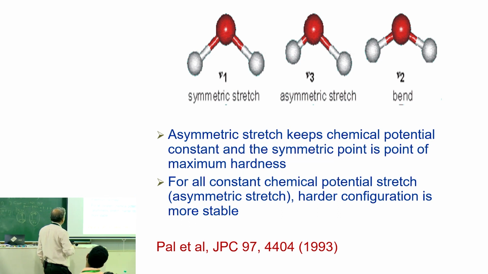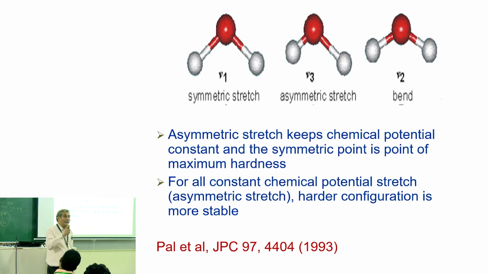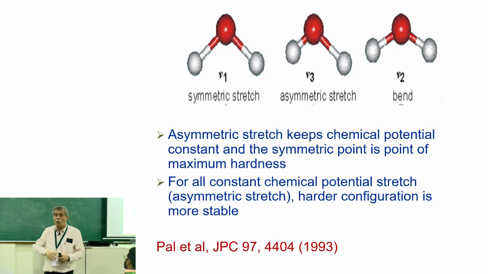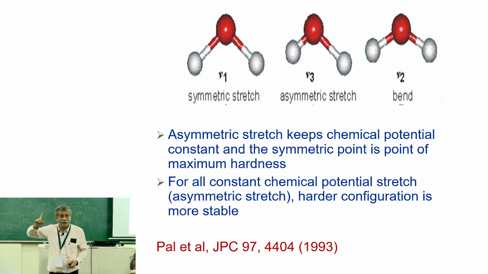So what we did is that we searched through the constant chemical potential. There is a very important part in the principle of maximum hardness, that the system goes to the largest hardness system which has equal chemical potential. Among those configurations, the one that has maximum hardness is the most stable configuration. Many times we forget that constant chemical potential. That is part of the principle of maximum hardness statement.